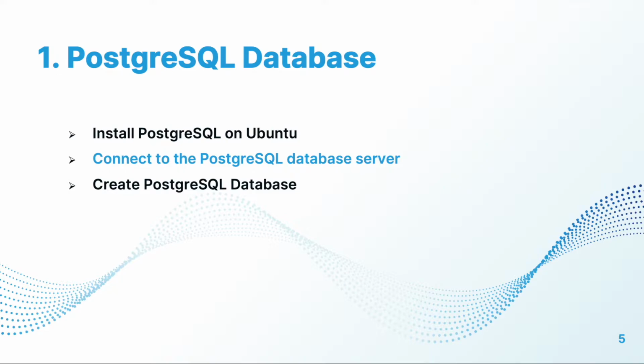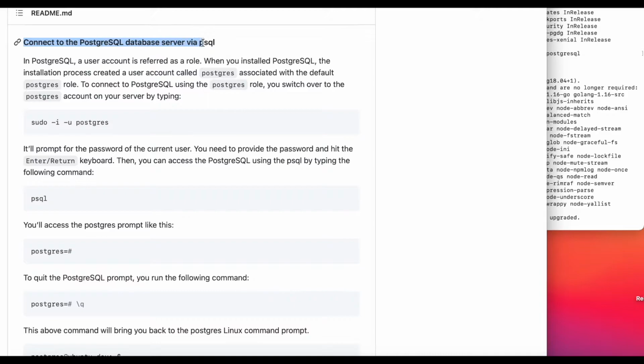When your installation of PostgreSQL on Ubuntu is completed, it is time to connect the PostgreSQL database server via psql. In PostgreSQL, a user account is referred to as a role. When you installed PostgreSQL, the installation process created a user account called postgres, which is associated with the default postgres role. To connect to PostgreSQL using the postgres role, you need to switch over to the postgres account